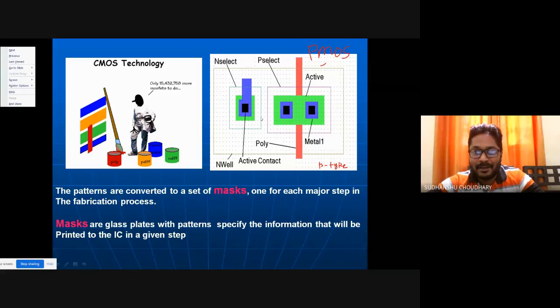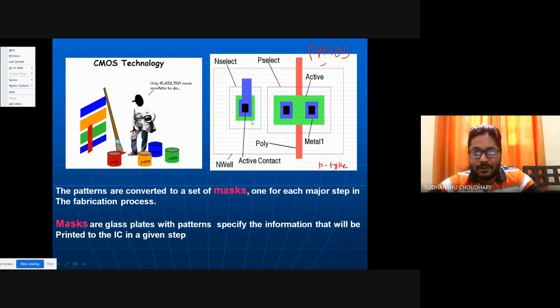Now what is this here? In our PMOS, you have to connect the body of the PMOS to the most positive supply. Similarly, for NMOS, you have to connect the body of the NMOS to the most negative supply, so that the parasitic diodes which are created between drain and body region are always reverse biased.